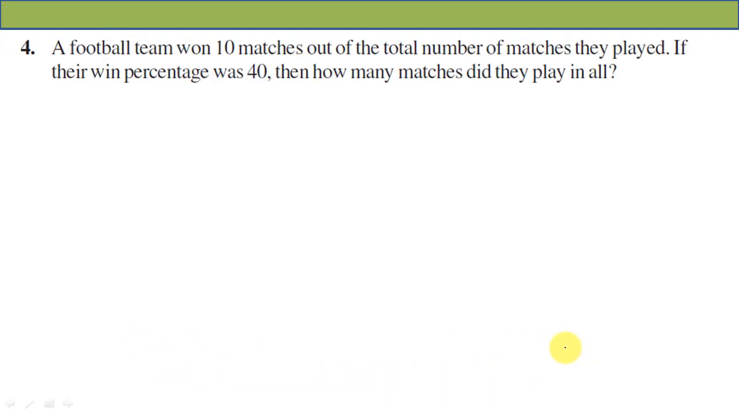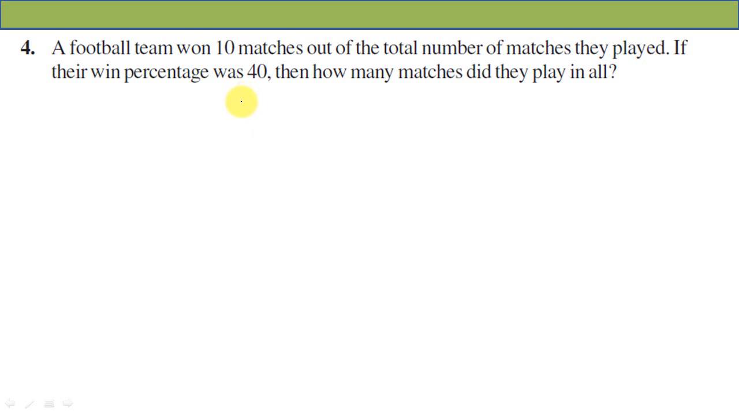Now let's see question number 4. A football team won 10 matches out of the total number of matches they played. आपके यहाँ इस क्वेश्चन में आपको एक फुटबॉल टीम गिवन है जिसने 10 मैचेस जीते. कितने मैचेस खेले वो नहीं पता उन्हें, मतलब उन्होंने 15 खेले, 20 खेले, 30 खेले, we don't know the total number of matches they played, but what we know is that out of them 10 matches they won. Now if their winning percentage was 40, मतलब 40% of the matches जो उन्होंने खेले वो जीते ही जीते, then